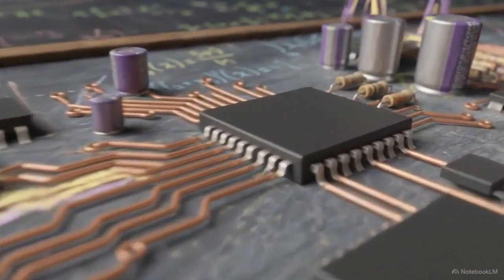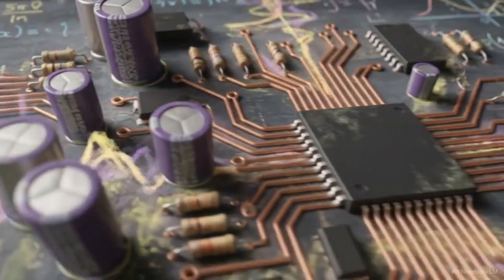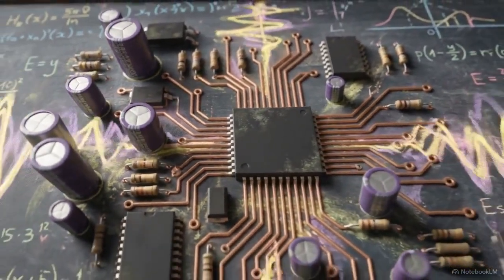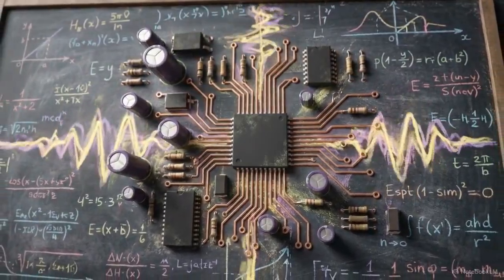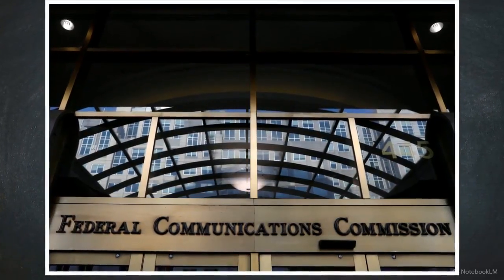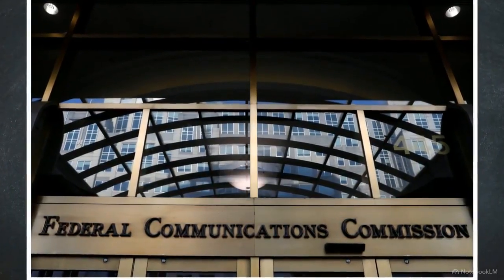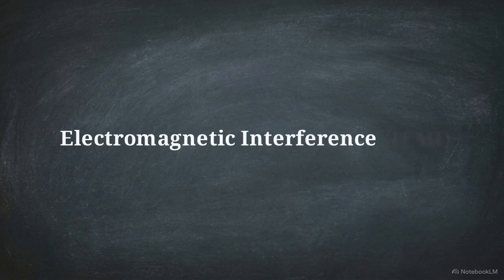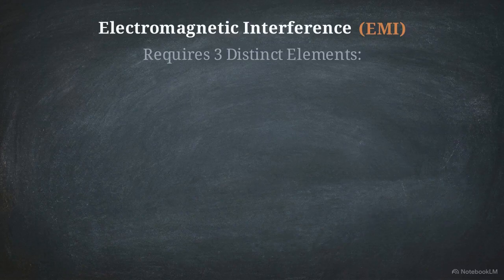Modern electronic hardware is densely packed, and every trace and wire acts as an unintended antenna, radiating chaotic, invisible electromagnetic energy into the surrounding space. If you fail to control these fields, your product will fail commercial or military emissions tests, bringing development to a grinding halt. To fix electromagnetic interference, or EMI, you have to understand that it always requires three distinct elements to